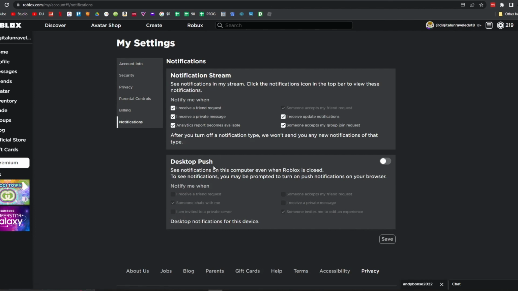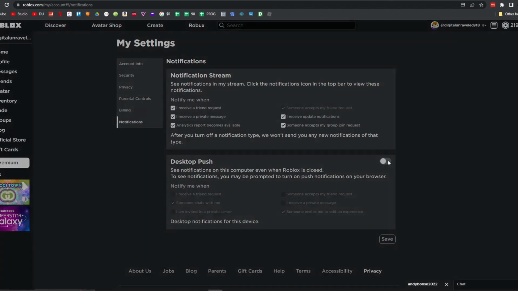and desktop push. So what you want to do is make sure that this is ticked on where it says I receive a private message. If this is off like this, it's not going to send you the in-stream game notifications when you get a message. So select that on, and then select desktop push and toggle that switch